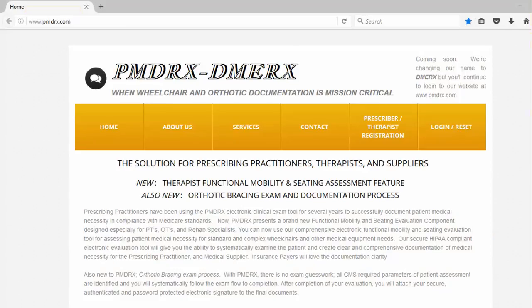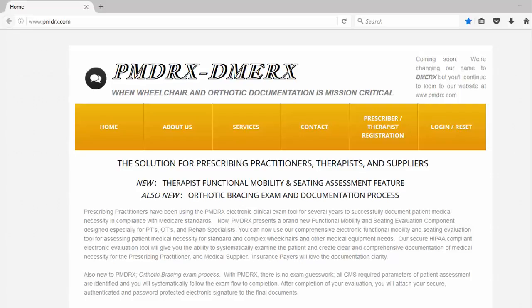To view the PMDRX website, navigate on your browser of choice to www.pmdrx.com. You may wish to bookmark the PMDRX website for easy future access. Your access to PMDRX will be as an intake user for the company you are working with. Your company will have a designated PMDRX account administrator who can view all activity of the company's intake user team and can also set up new intake users or delete any intake user who is no longer active with the